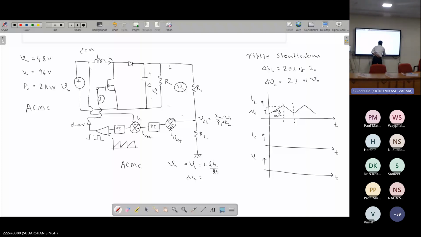Your slope is Vin by L, and the corresponding time, the on time, is D times T. So this is your D times T. And delta IL, we have already considered, is nothing but 20% of I naught. So now if you see in this expression,